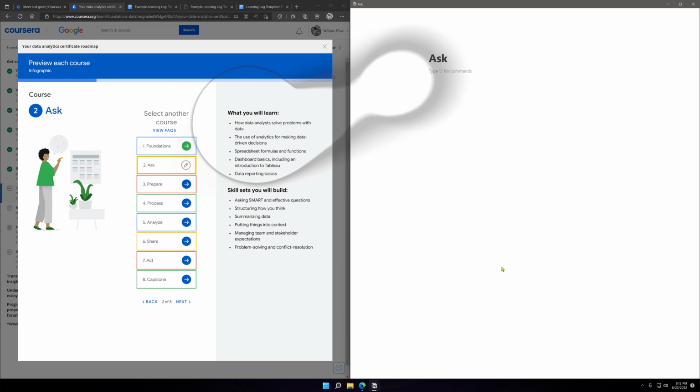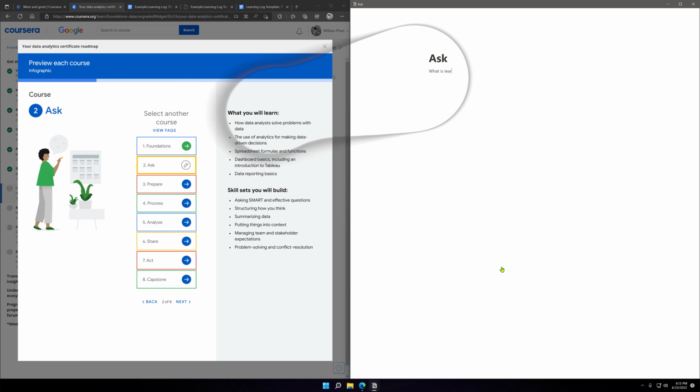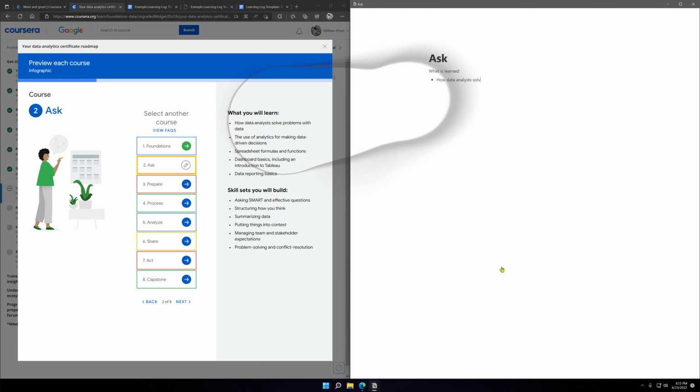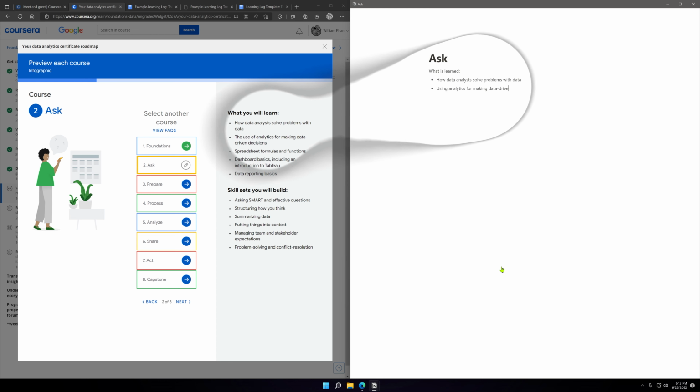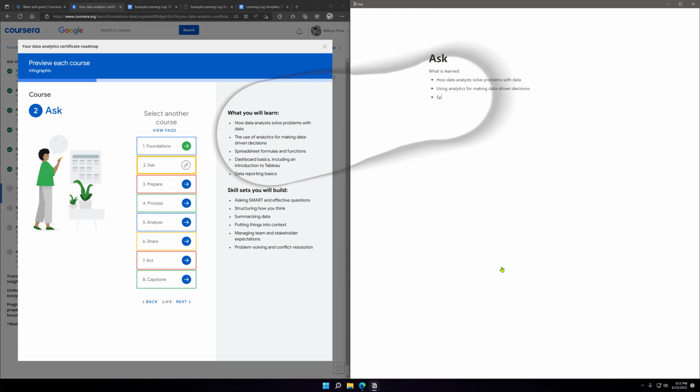Ask. Just learned: data analysts solve problems with data, tools for making data-driven decisions.